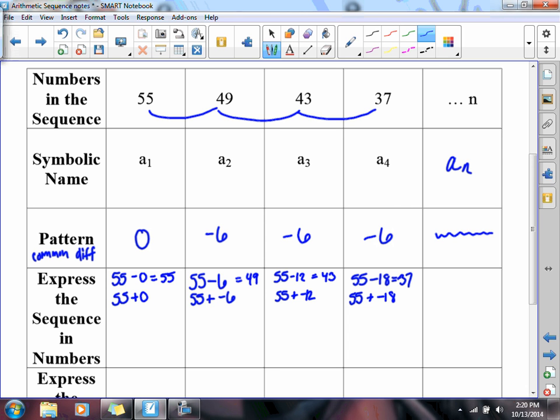Okay, now we're going to see if we can identify ways that I can rewrite the 6 and the 12 and the 18 so that I can start forming the pattern that I'm going to get in my next part of the table. I'm sure you understand how I got the 6, just because I did 55 minus 6 is 49. How did I get the 12? Well, I subtracted 6 2 times. So that's kind of like taking 55